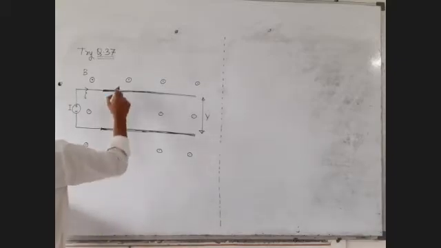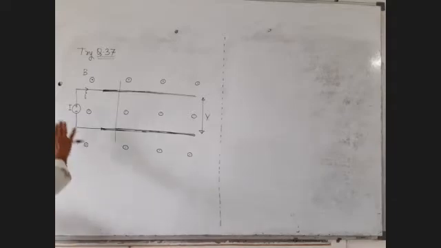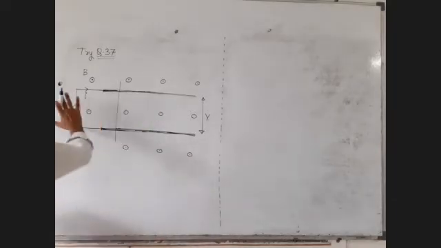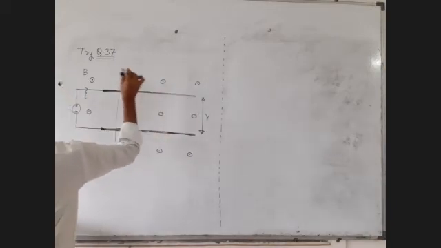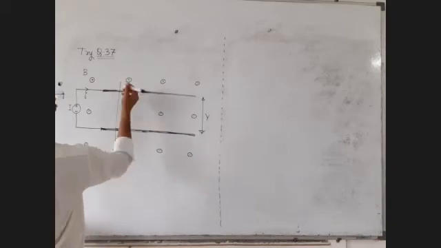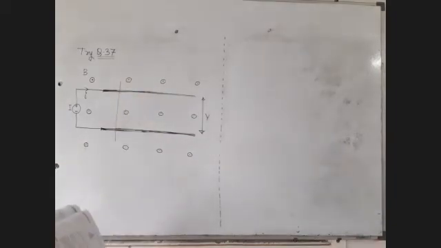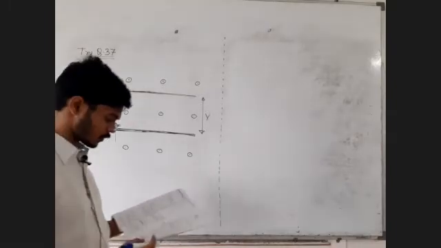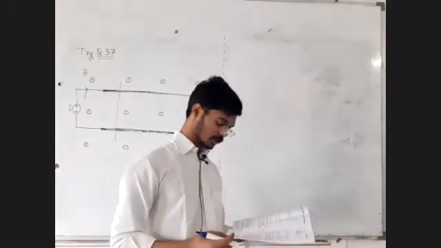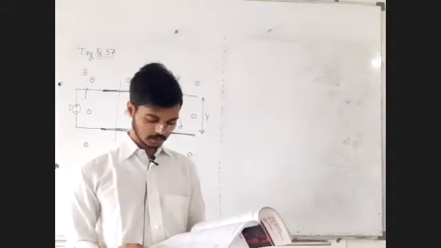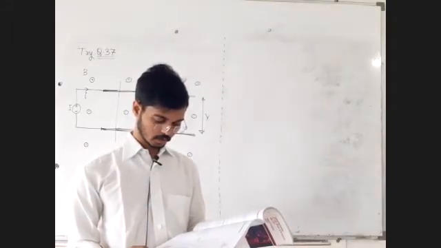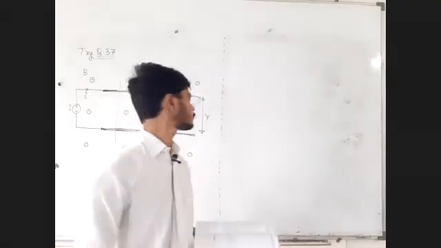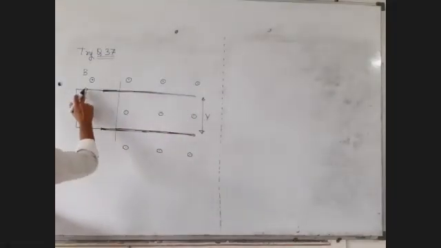Okay, the metal wire can be observed to be placed like this. The plane of the board is the plane of the ground. This is the ground plane, meaning all of this is horizontal, and this is vertically upward. Perpendicular to the ground means vertically upward, coming out. The plane of the board is the plane of the ground. The rails are connected to the constant current source, which drives a current small I in the circuit.